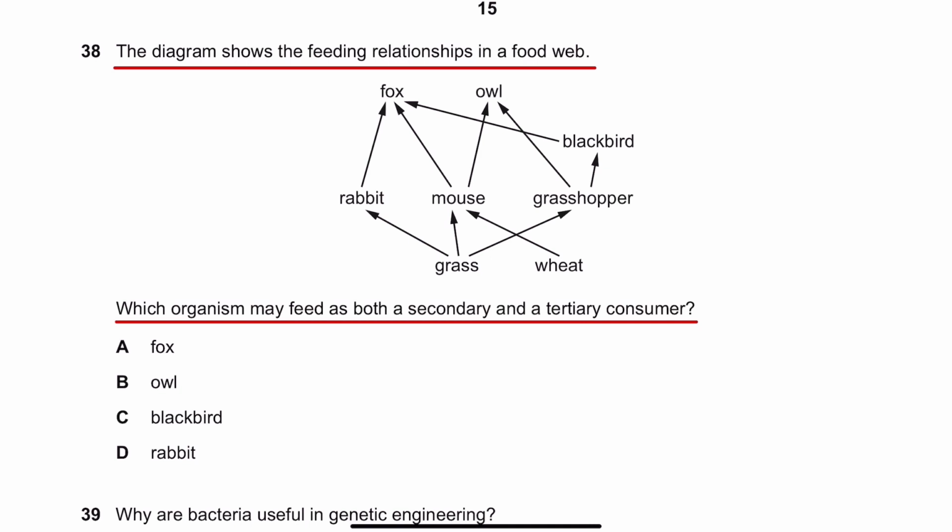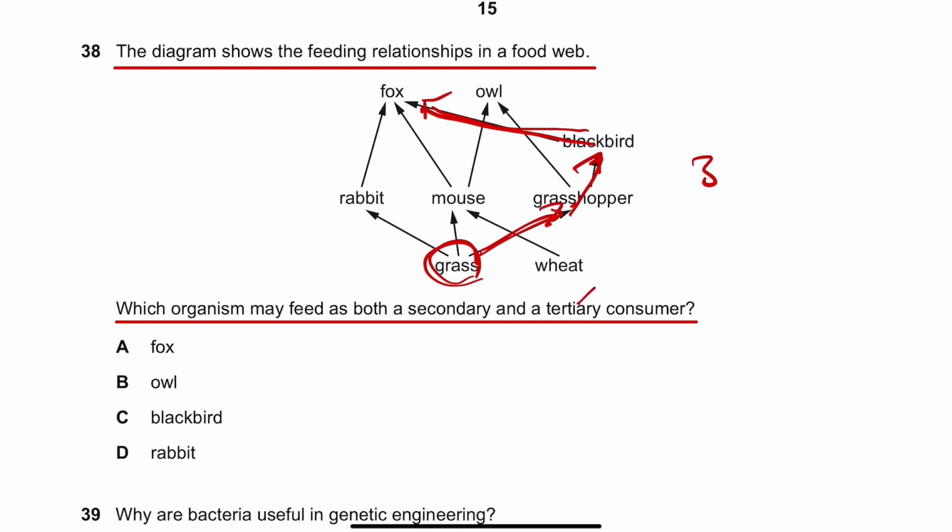So we'll start from grass. And we're not going to go this way because it's shorter. We just have to find the longest one because it's likely to be a tertiary consumer. So grass, grasshopper, not blackbird. Actually, let's go to the blackbird. And then you can go to the fox. So there are three